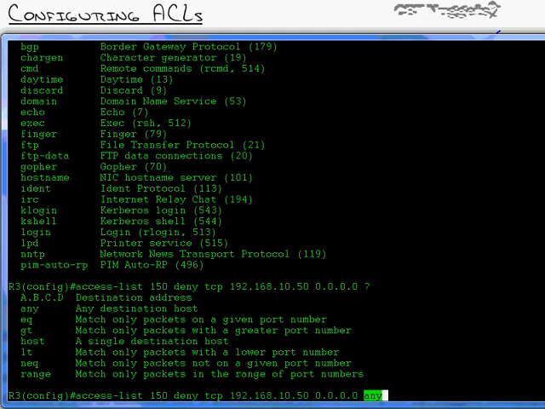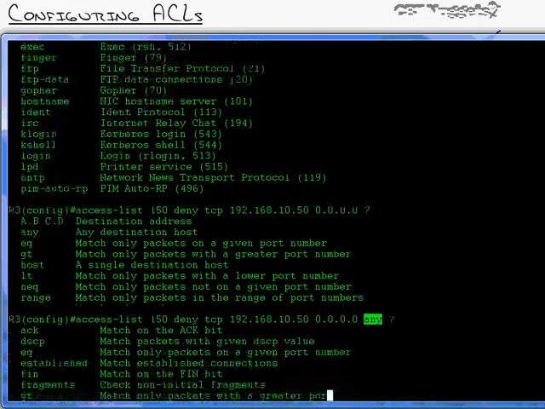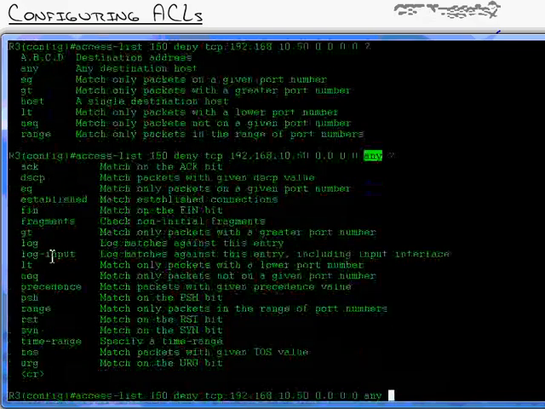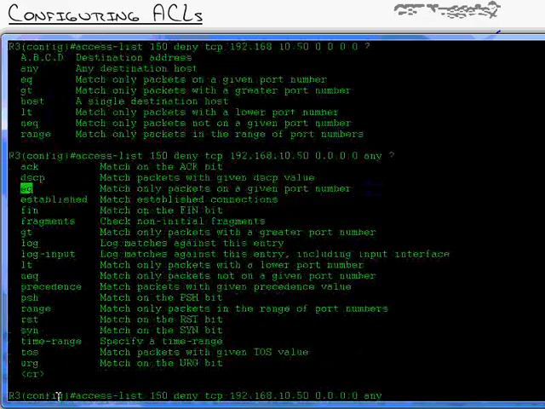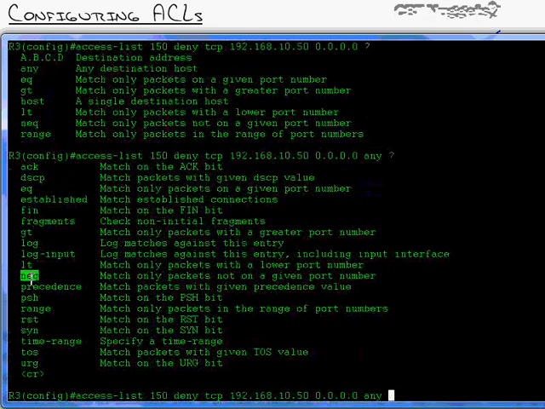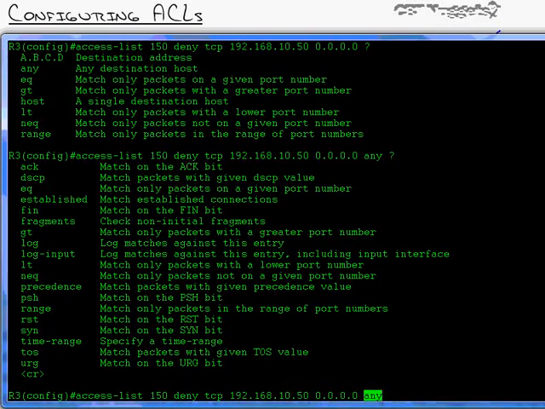Deny this source from accessing any destination using, and now I hit the question mark, and the port numbers are still there. You see that? Equal to a port number. Not equal to a port number. Less than a port number. All these are port number options, but now, since we're typing it after the destination, we're talking about the destination